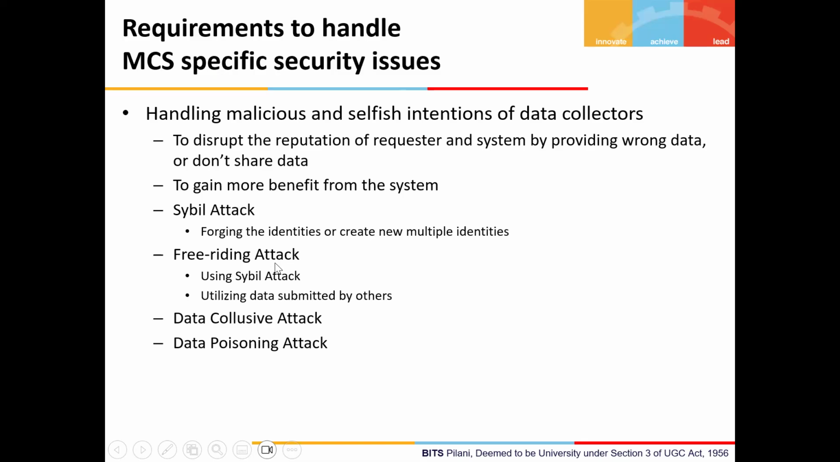Free riding is without making any effort, they want to earn the benefit, right? So the scenario that I gave you is very much suitable for free riding attack. Data collusive attack is like multiple data collectors can collaborate in order to provide the data. So that basically is required because of the data validation algorithm. And data poisoning attack is like